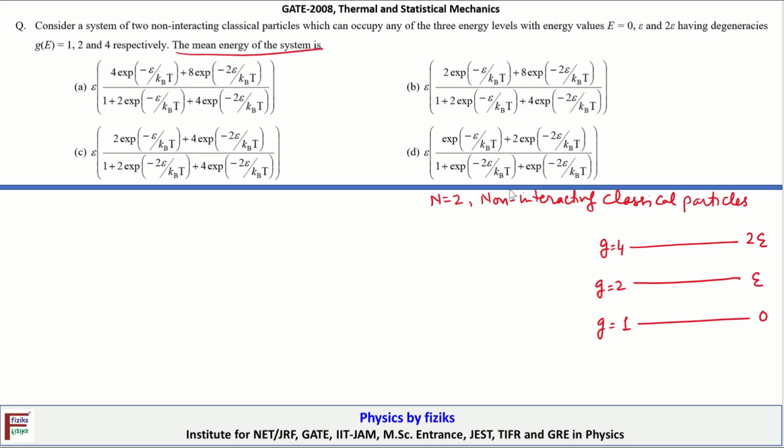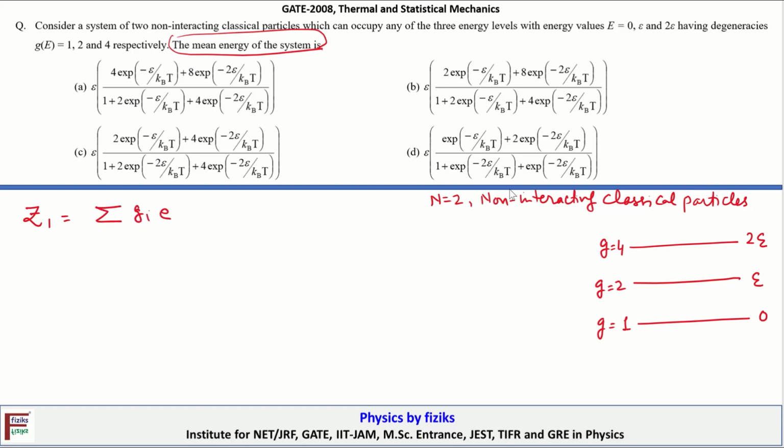The mean energy means the energy per particle, the average energy per particle. We can work out this problem by making use of the partition function approach. Let's first write the partition function for this system. I'm writing the partition function for a single particle, because we have to work out the average energy, which represents the mean energy per particle. So Z1 is equal to